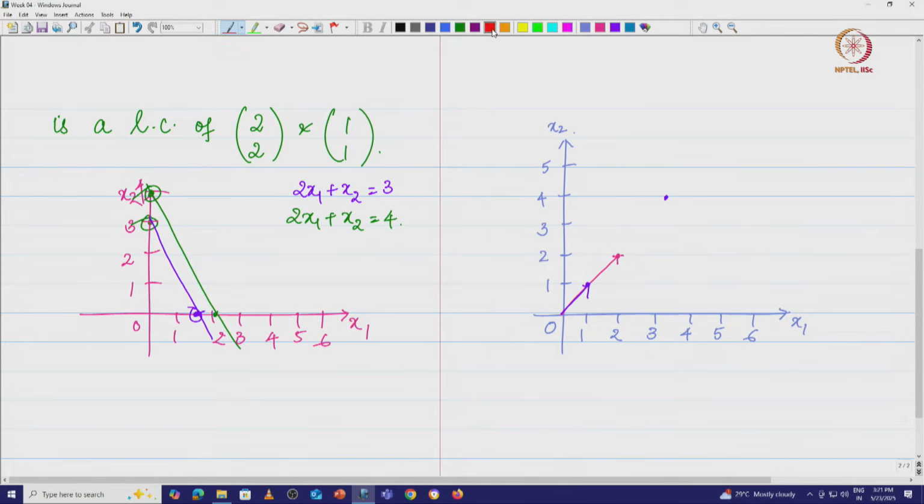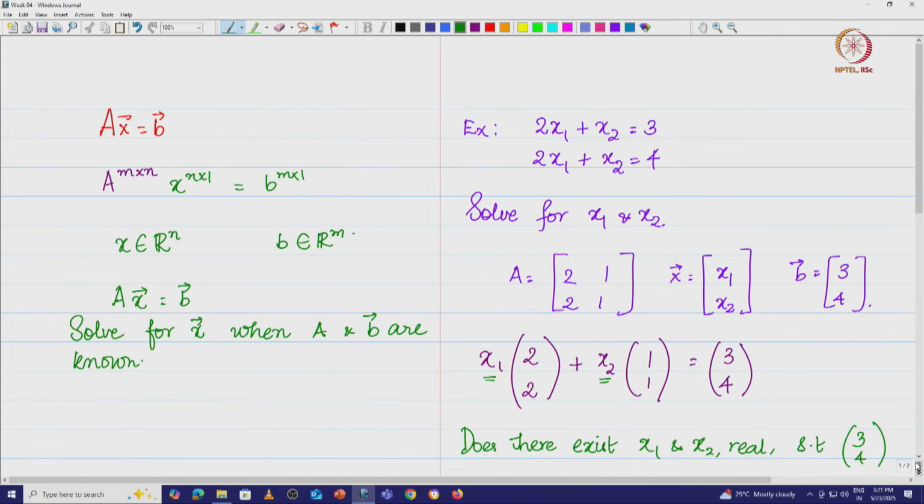We see that this vector 3 comma 4 is along a different direction, and there is no way that I can get this vector 3 comma 4 as a combination of these. Probably I could even change this so that it looks a bit better. So, instead of 3 comma 4, let me change this to 4 comma 3. Of course it does not really matter, but let me just put it this way. So, the equations that I am going to look at are 4 3, and let me change this also to 4 3 so that it looks better.